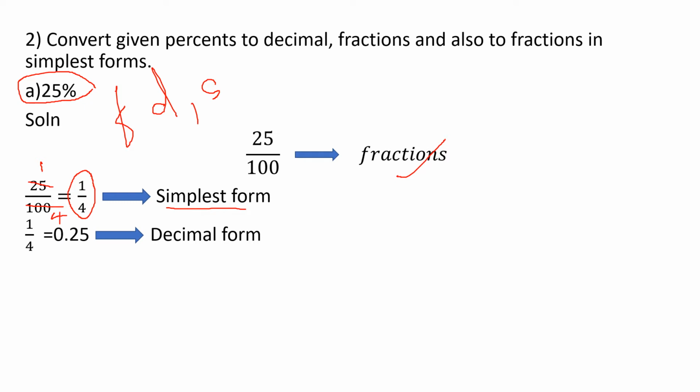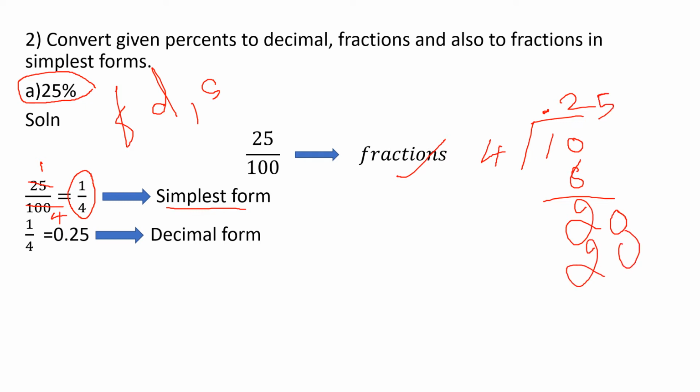Next, write in decimal, right? So 1 by 4, you just divide 1 by 4. Divide and write in decimal. 1 is a small number, you cannot divide. So you put a decimal point and add a 0. 4 ones are 4, 4 twos are 8, right? So 10 minus 8, 2, right? Again, already we have put the decimal here, so just write a 0 here. So 4 fives are 20. 20 minus 20, 0. So we can add a 0 also, since no number is there, no problem.